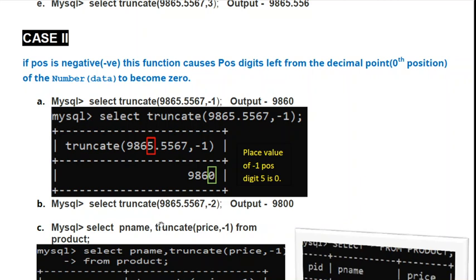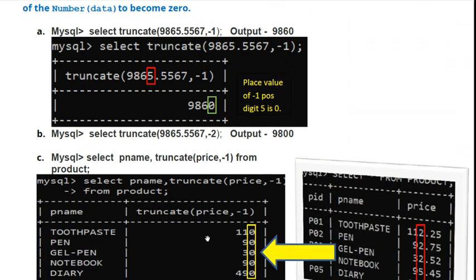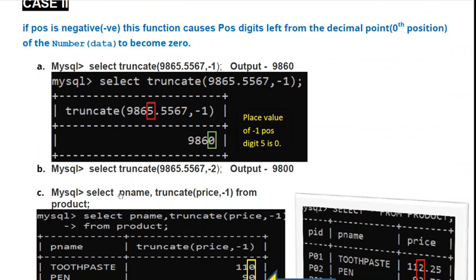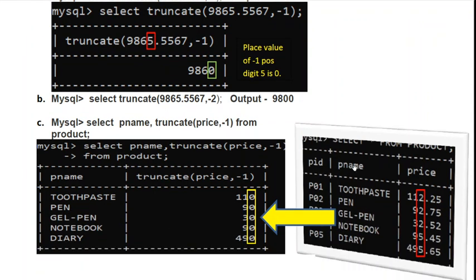You can apply the truncate function on a table also. See the example. Select pname, product name and truncate price, -1 from product table. Here the product table data is given. So the price column contains 2 at the minus 1 place, means 1 digit before the decimal.